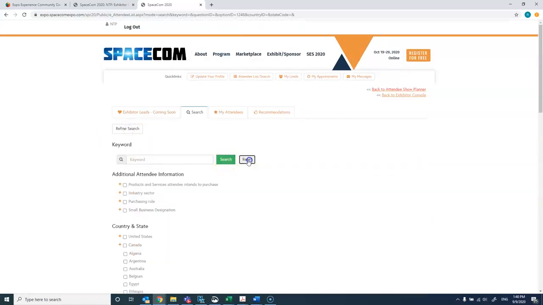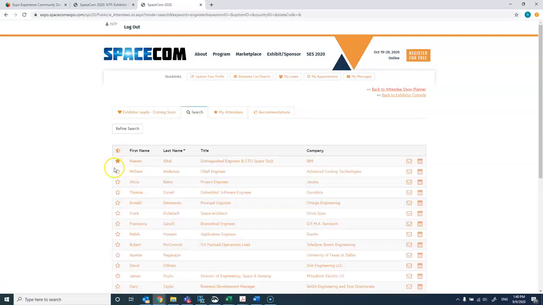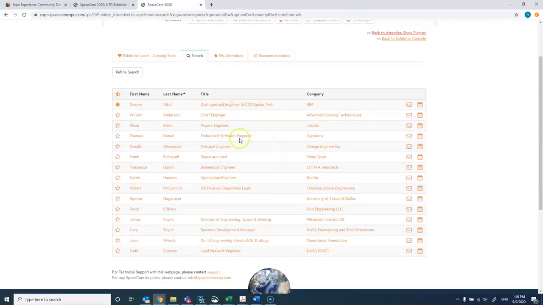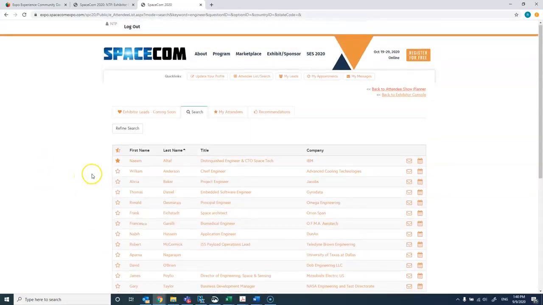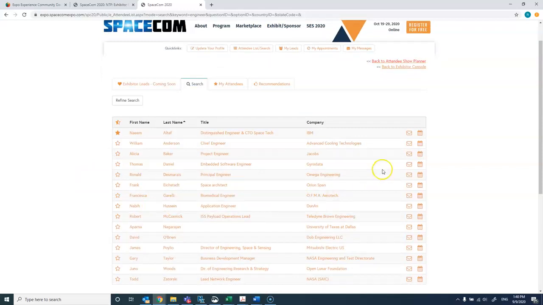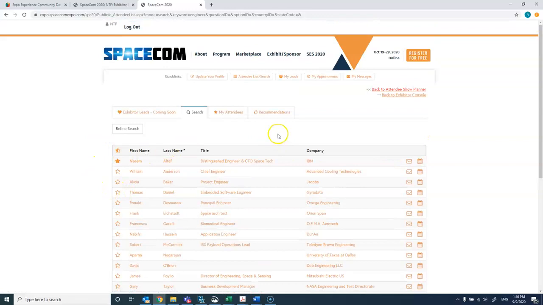If I go back, there is this global search engine here too. So if, let's say, I want to find specifically engineers that are attending SpaceCom, I do a quick search, I can see anybody with the word engineer in their title, and I can add these and follow up with any of these individuals. So there are a number of ways that you can search for attendees. In a follow-up video, I'll show you how you use the messaging and meeting invite tools. But that's a quick overview of how you can manage the inbound leads that will come to you through the SpaceCom virtual marketplace, as well as do some targeted searches,